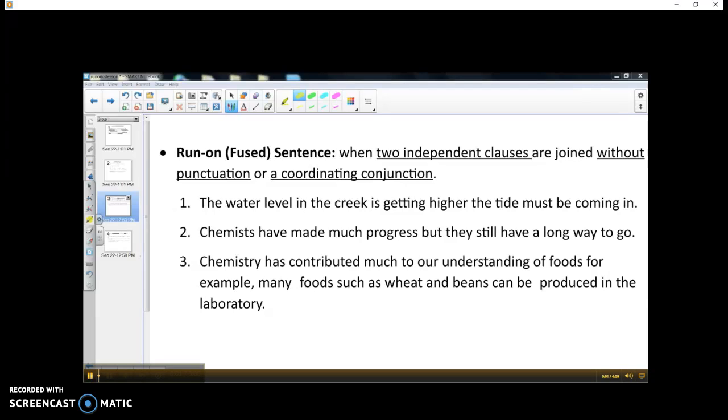Now, there is another way that you could correct this particular error. Remember, you can do what's known as subordination. Remember, subordination is when you're going to make a dependent clause. So we could change this first clause, the water level in the creek is getting higher, to a dependent clause. So we could say, since, we lowercase the t, since the water level in the creek is getting higher, now we need a comma after that introductory dependent clause, the tide must be coming in. So again, we're making two independent clauses into